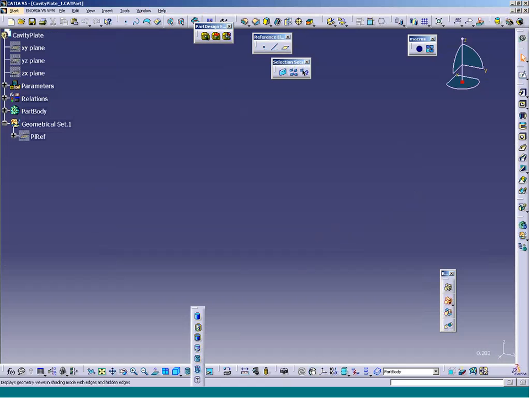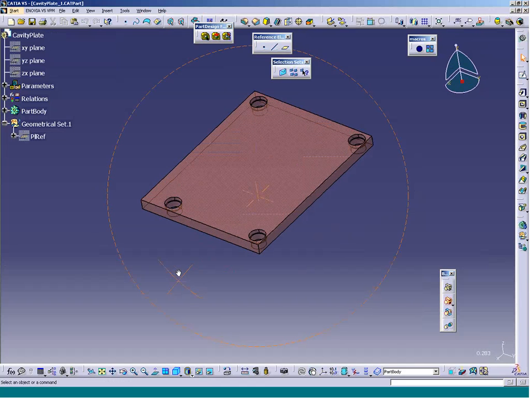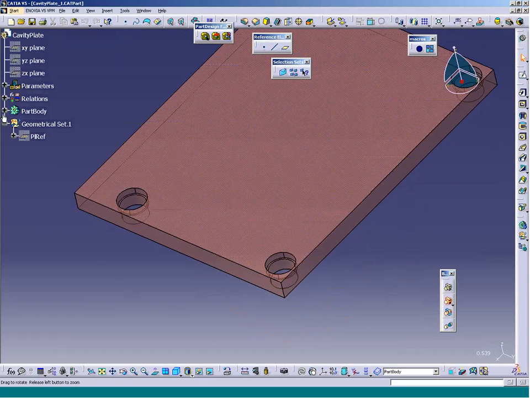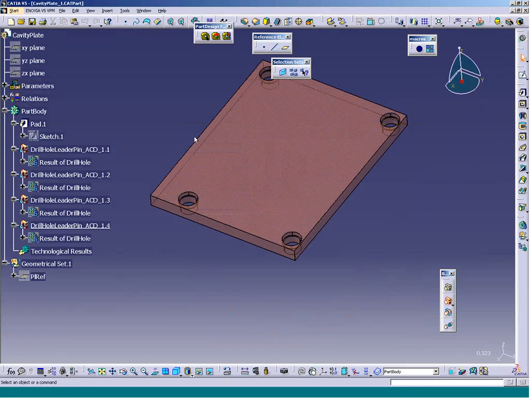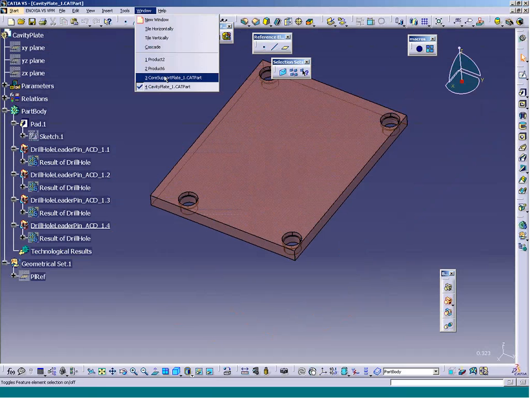And change the view. So you can see it put the holes into the cavity plate and drops that information. It manages all this information, so I don't have to be aware of what I'm doing. It'll automatically do it for me. So this gives me a lot of power in dropping it. And so the way this works,